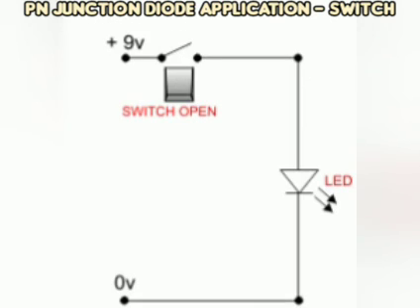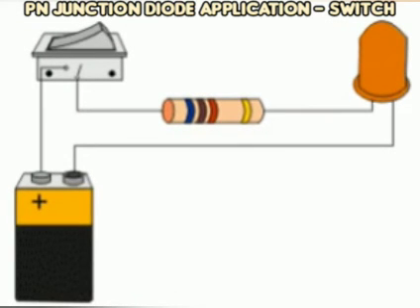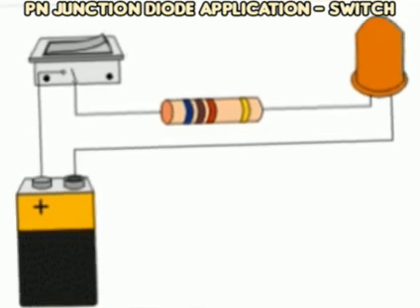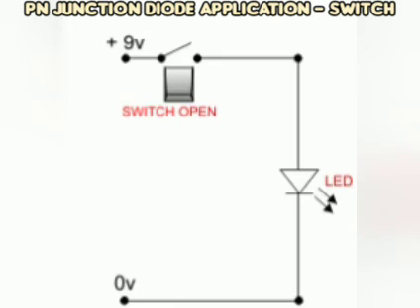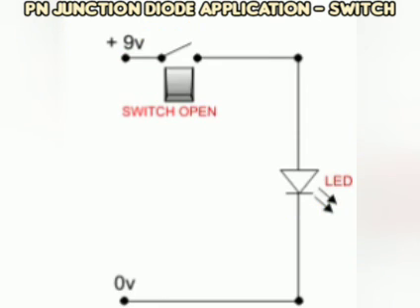What is the purpose of a switch? If I need to switch on the fan, what will I do? I will turn on the switch. That is, if you see visually, we are just switching on the switch for making the fan run. But if you see inside the circuit, what is happening? The circuit is closed for the functionality to take place. At the same time, if you are switching off the fan, what will happen? The circuit is opened, which cuts the electrical connection and the fan is stopped.